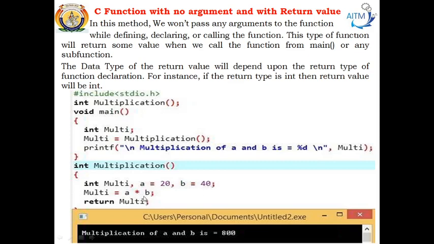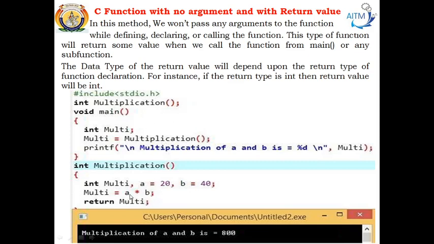The next instruction performs the multiplication operation, and the result is stored in the variable multi, and we are going to return the result to the calling function. So here the return statement is returning the value that it has stored to the calling function.